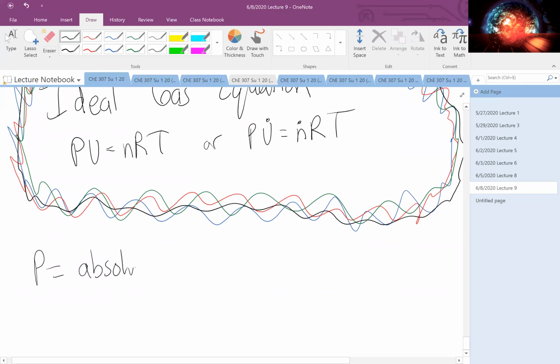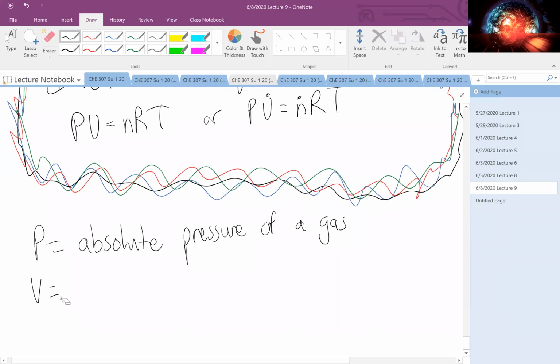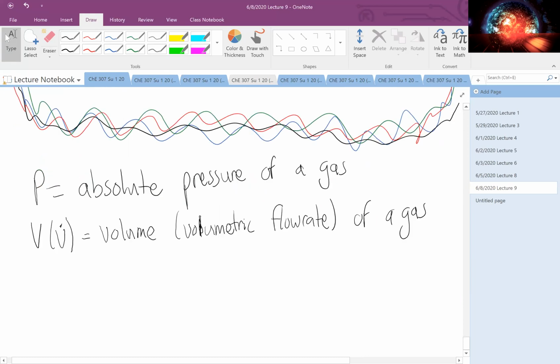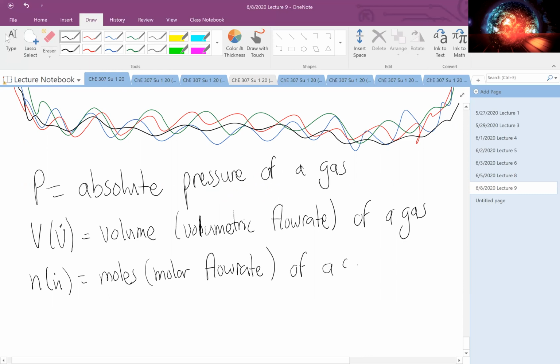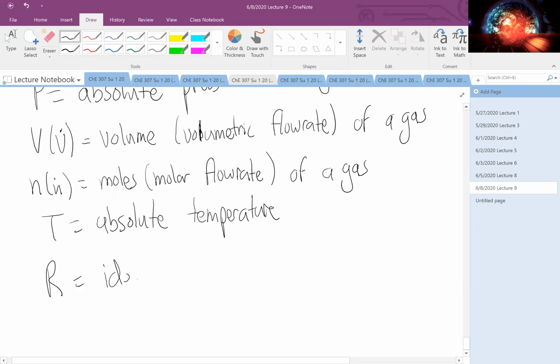P is the absolute pressure of our gas. V is the volume, or volumetric flow rate, of our gas. N is the number of moles or molar flow rate of our gas. T is the absolute temperature. And R is our ideal gas constant,